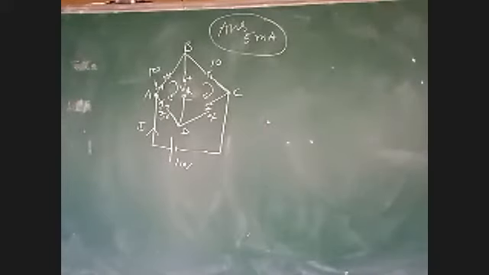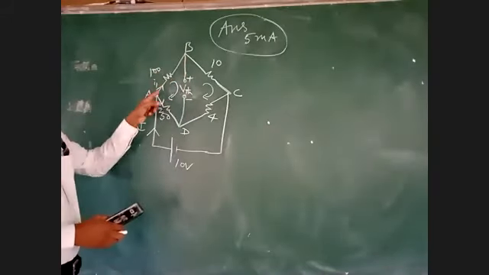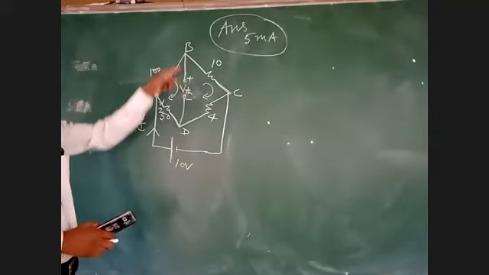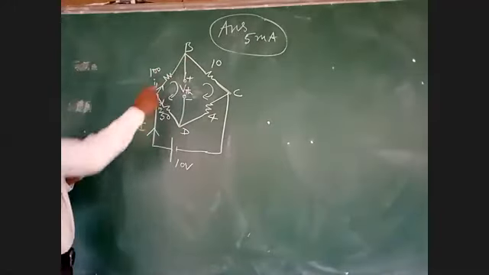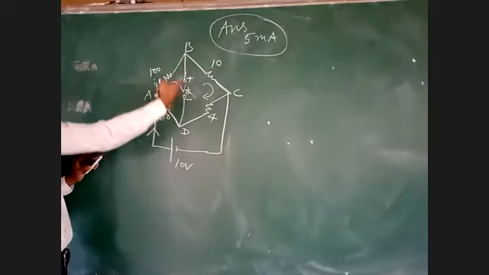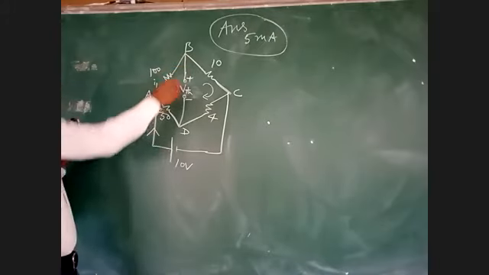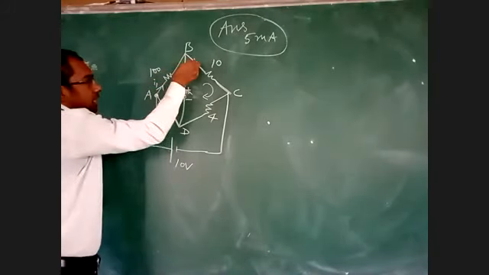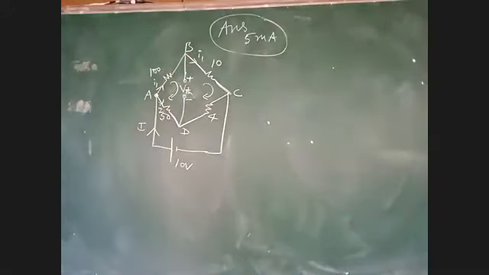Because of the open circuit, it won't have any place to flow. See here, current will not divide. This I1 will not divide here because current cannot flow in this branch. The open circuit is there. The same current will flow in the 10 ohm also, because the 100 and 10 are in series now. There is no node here, because the current is not divided. If there were a short circuit, then the current would divide. Since there is an open circuit, the same current I1 will go. Remember, if you want to note, you can note: 100 ohm and 10 ohm are in series.